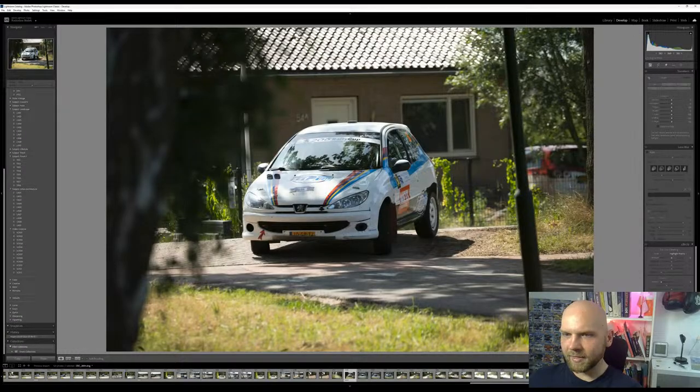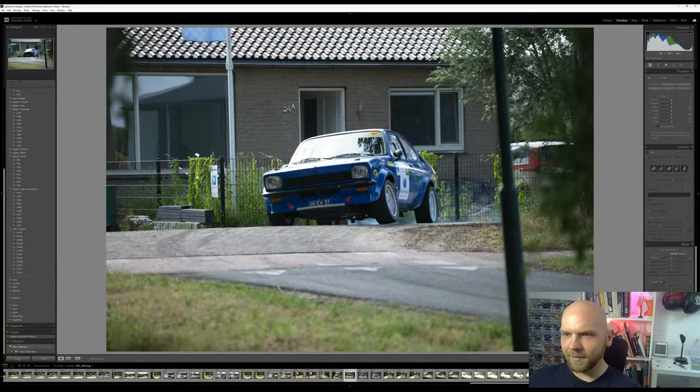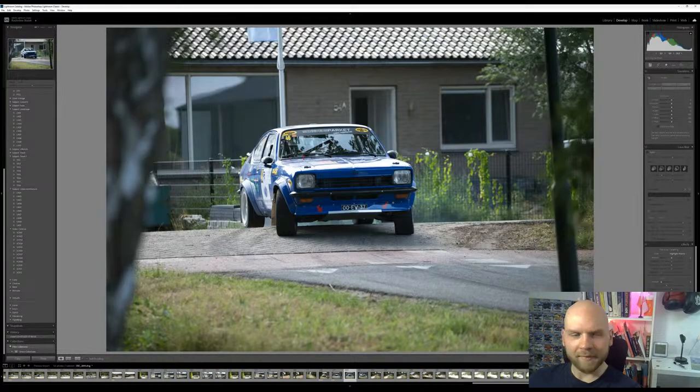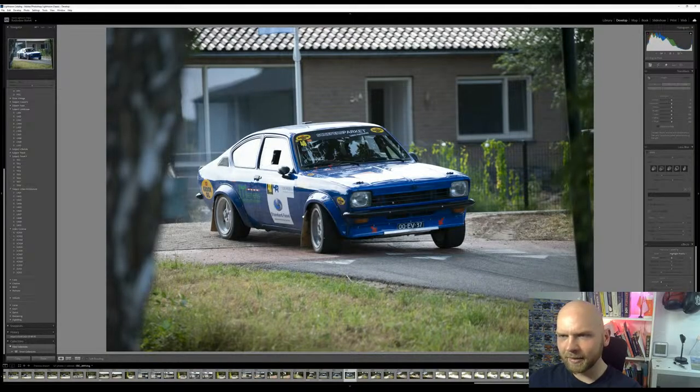In the beginning, the wind direction was kind of weird, and I had a lot of leaves and branches flying in front of the camera, so the shot wasn't clear. But later on,